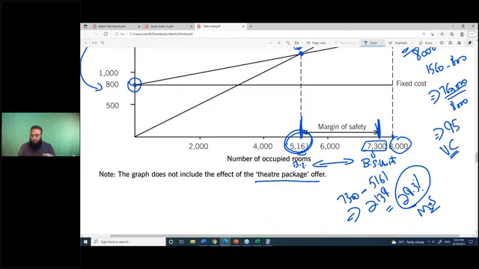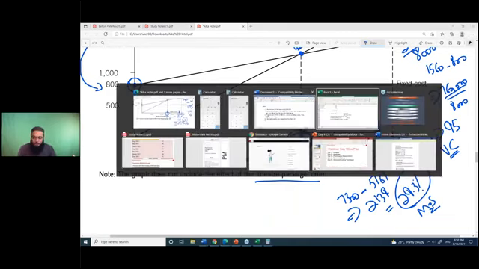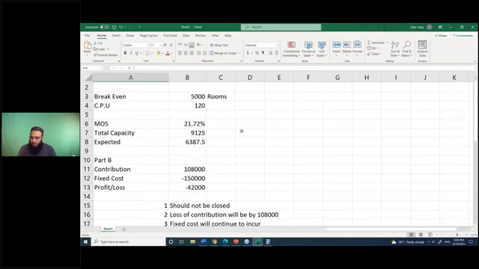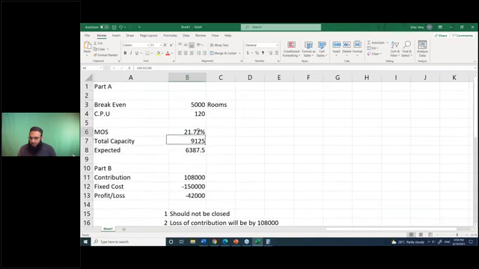Now, previously your MOS was how much? Do we have the numbers? We do have. Previously, your MOS was 21.72, maybe 22%, and now it's 29%. So the increase in margin of safety is good or bad for you? It's good. It's a safer option. It's more safe to have high percentage of MOS, and the reason is your sales